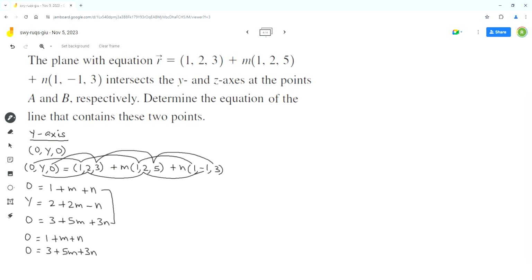These two equations make a linear system, so we can use substitution or elimination method to solve this linear system. We can use substitution method. We can isolate m from the first equation by moving the 1 and the n term to the left side of the equation. So we get